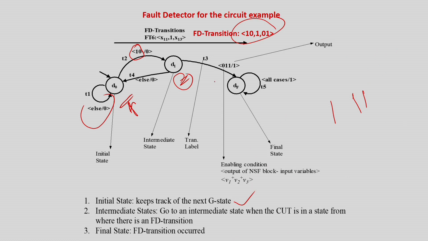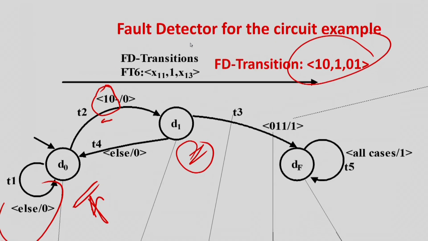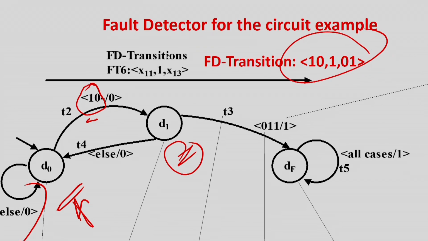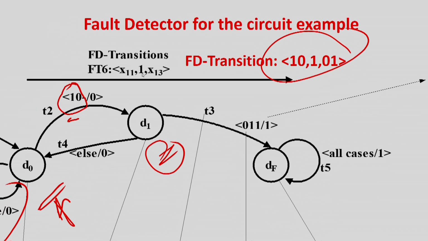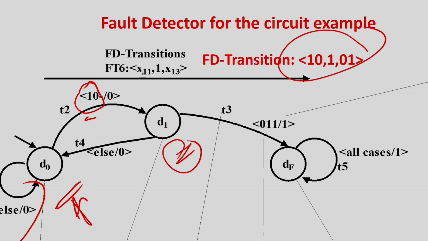So you see, first it is tracking 1 0. Next it has to track that it has gone, let me zoom it for you. First I have to tell you about the 3 bits of the tester. The first 2 bits of the tester are the test state registers, V1, V2 probing, and the third bit is the input, that is V3. This is the vector called 1 0, input is 1 and the next state is 0 1. So if this is the case, the error is detected by that fault detecting transition.